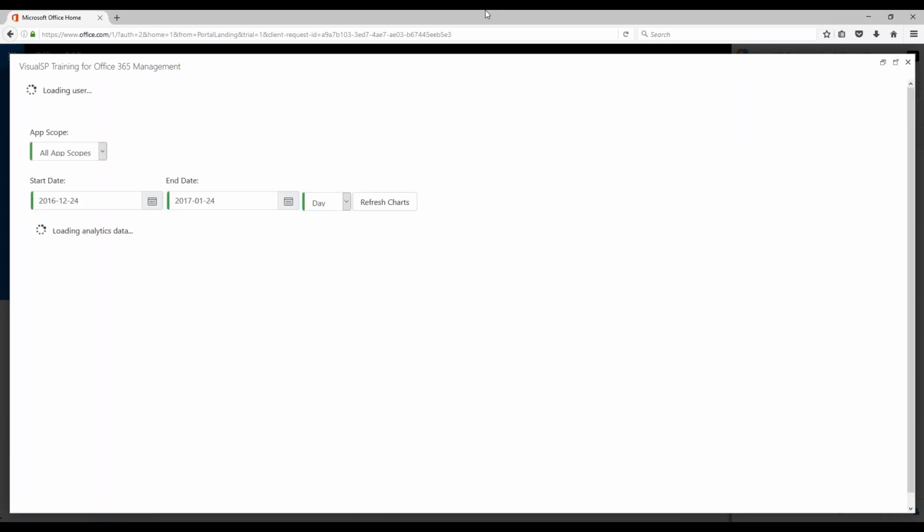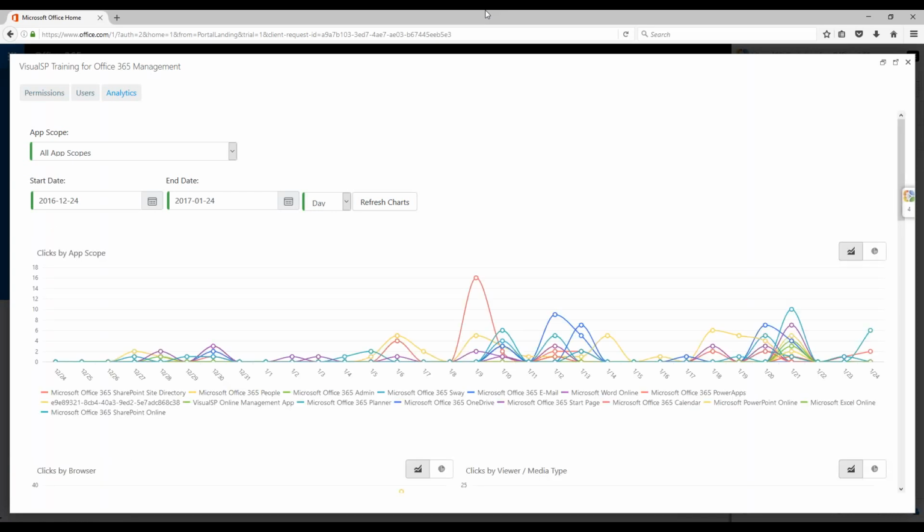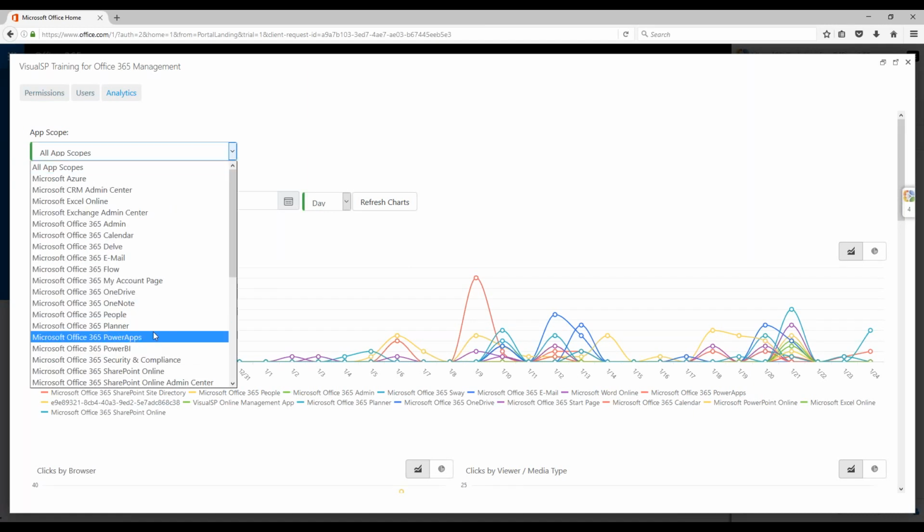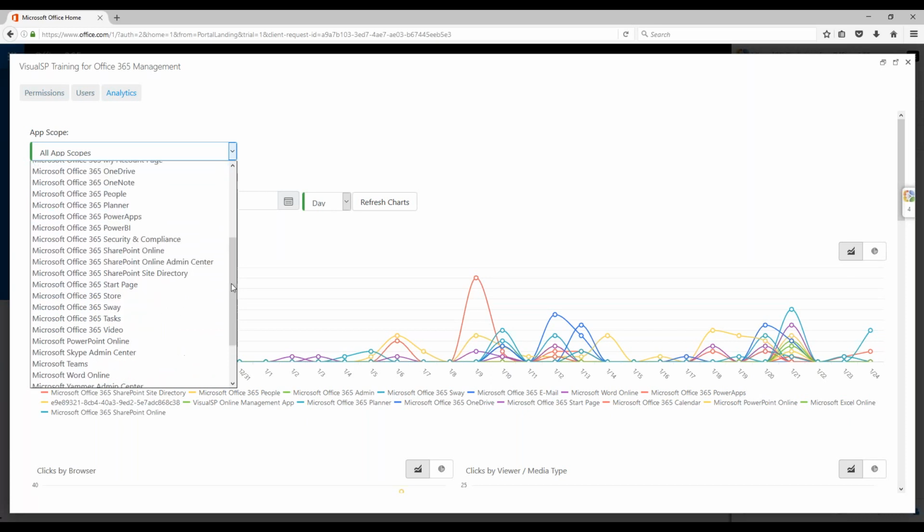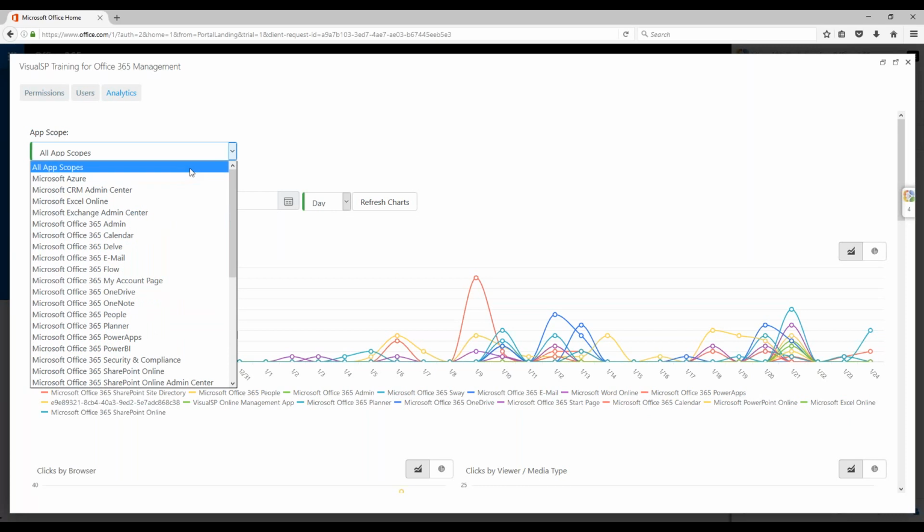How do you see what it is that people are using, what they're not using, and tweak it to make things better? So in this particular case, first let me explain. Nestor, who in this case was the administrator, is the one who can come here. Adele cannot. Nestor can look at all the different application scopes like Planner and Flow and Delve and SharePoint and everything else,